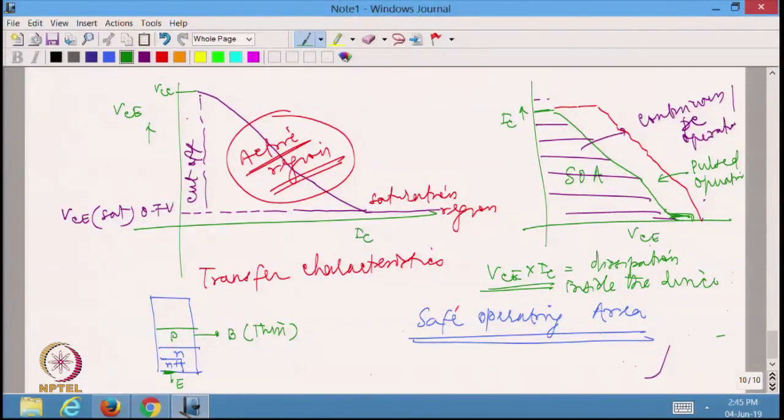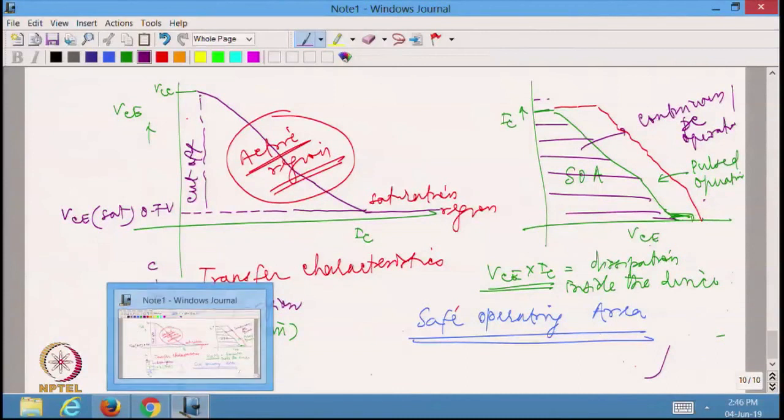Okay. Then after that I am going to have one more N, inside which I am going to have again N plus, that is heavy doping. So, this particular portion is going to correspond to the collector. Normally we call this region the drift region. This drift region is going to offer some amount of resistance. The longer the drift region, the resistance will be somewhat larger.